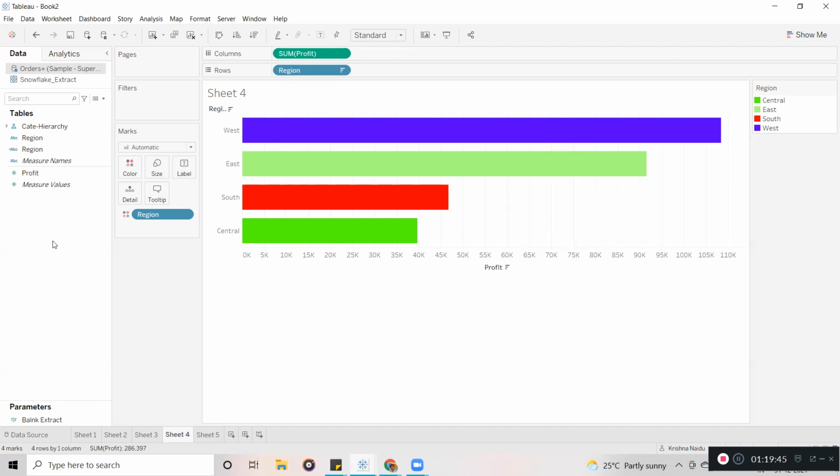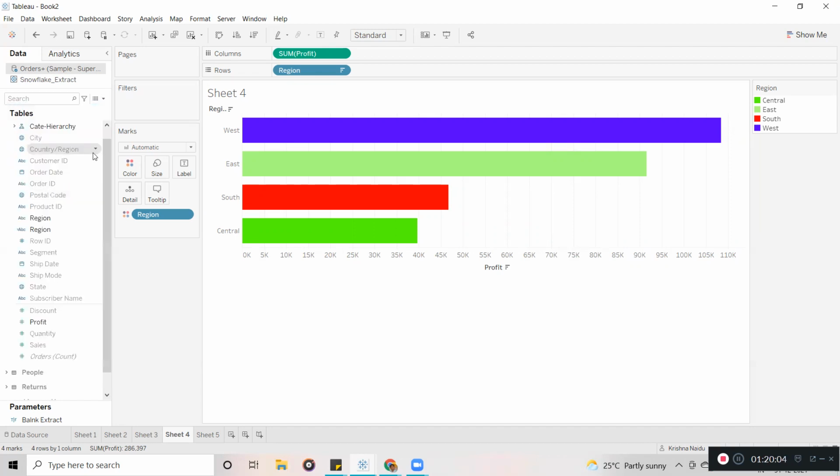So that is the purpose of hiding the fields. Also, it is going to be very clean. For example, in future, if you want to use another 3 or 4 extra fields, you can unhide only those fields. Click on show hidden fields, and whatever is required, you can unhide them. This is how you can do it.